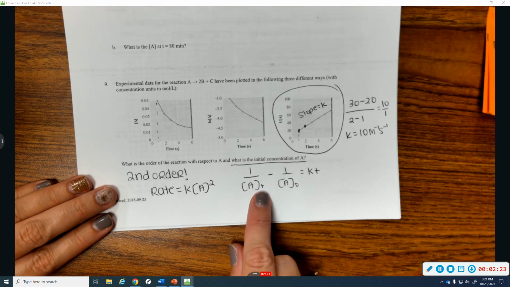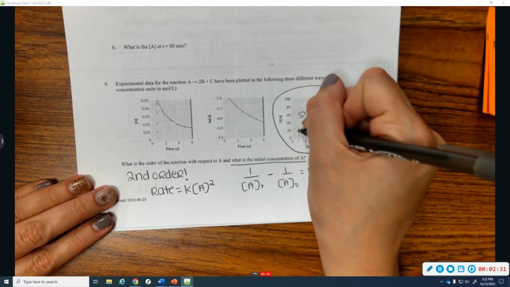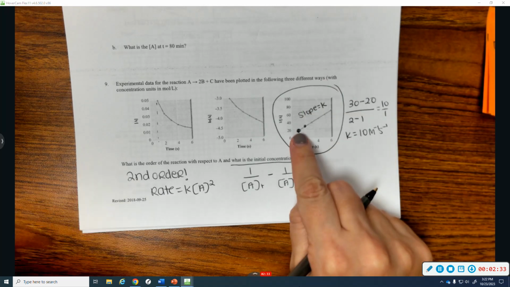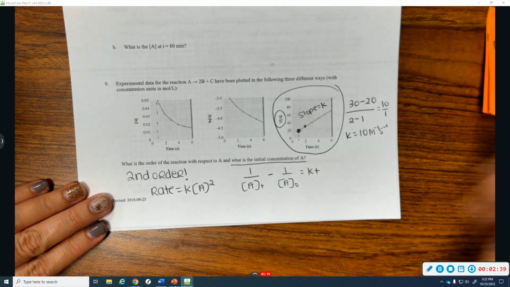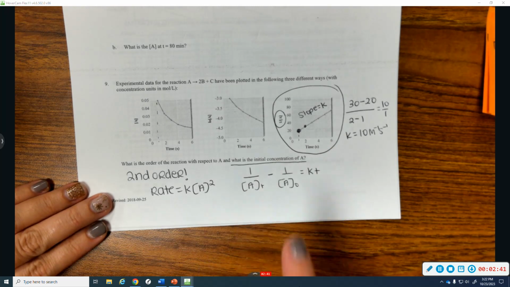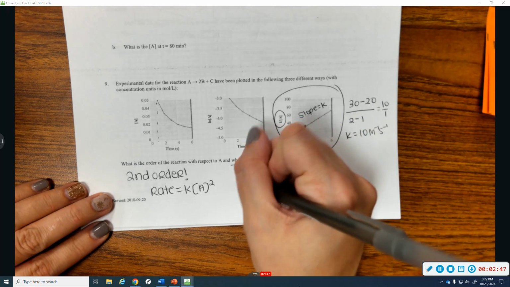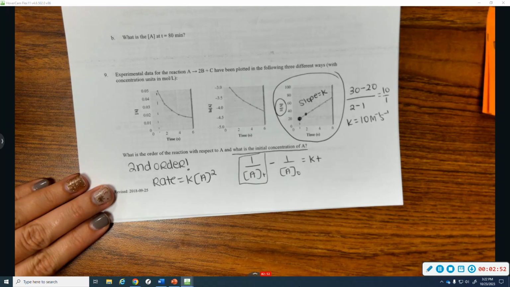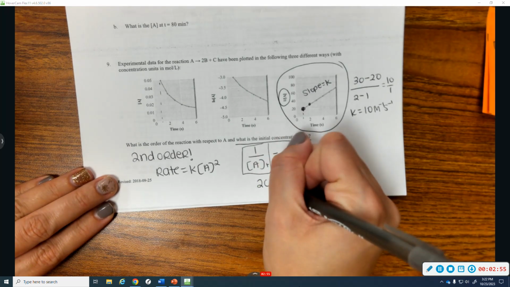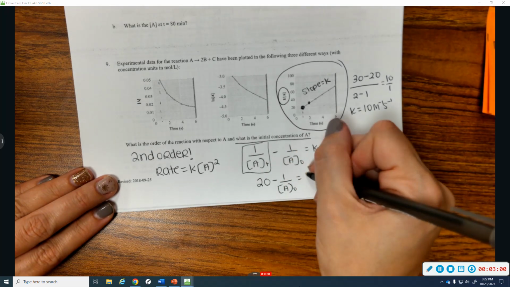So I need to pick a point for [A]t. You can pick any point. It doesn't matter. But what you need to be careful of is if I pick 20 right here, that is perfect. But this 20 is 1 over concentration. So when I plug it into my integrated rate law, I don't do 1 over 20, because this is that variable right there. It's already been 1 overed. So I don't reciprocal it again. I just plug in 20 minus 1 over [A]0 equals k, which is 10,